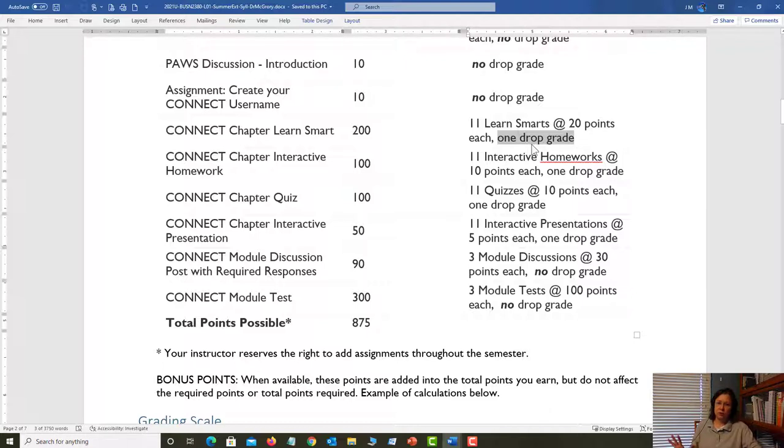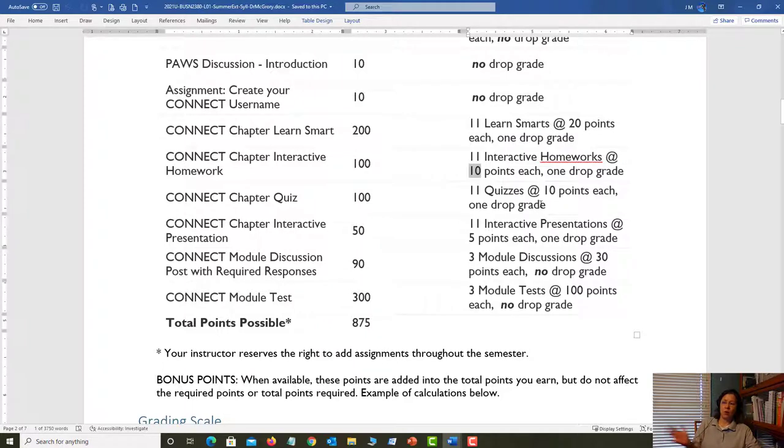So your lowest grade, we're going to just throw that whole thing out. So in terms of the points possible, since we throw the whole assignment out, it's like having 10 chapters instead of 11 chapters. So 200 points possible there. Not only do you have those makeup opportunities, but you also get a drop grade. Okay, what about these interactive homework assignments? Well, 11 chapters, these are 10 points each.